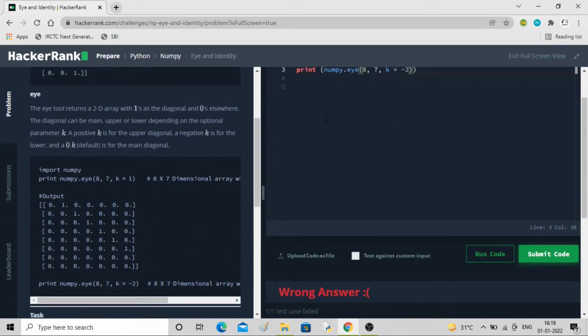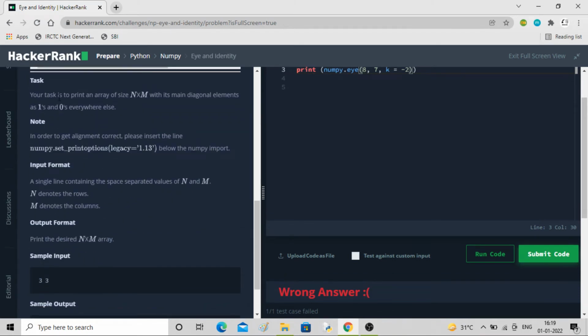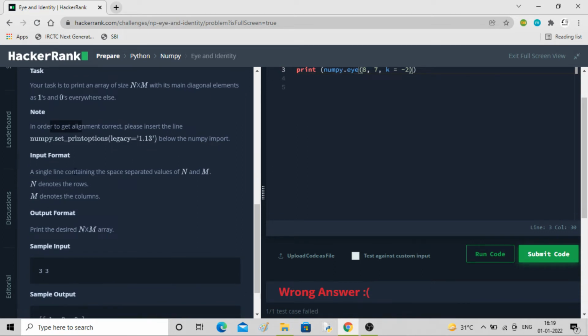Now what is our task? Our task is to print an array of size n cross m with the main diagonal elements as ones and zeros elsewhere. Okay, in order to get the alignment correct, please insert the line below the numpy import. So this line we have to put so that there will be correct alignment that they have already given. So what will be the input?